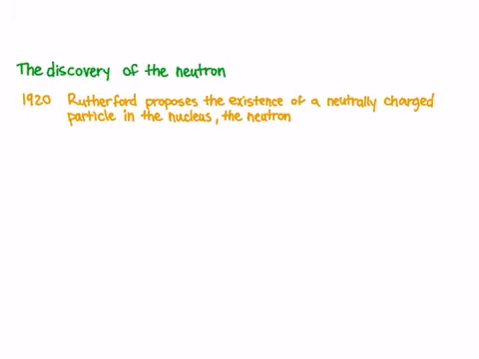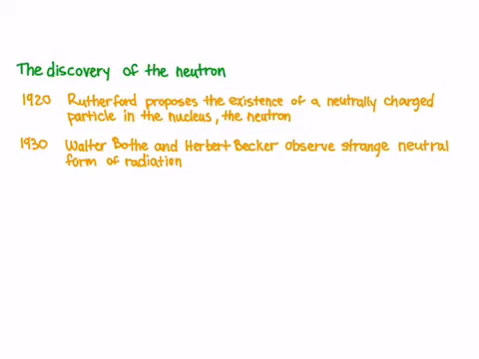In 1920, shortly after proposing the existence of the proton, Rutherford proposed that there was another subatomic particle that exists in the nucleus of the atom that was neutrally charged, which he called the neutron. He suspected this due to recent research into atoms of the same element that have different masses, which are called isotopes. But it wasn't until the 1930s that new experimental evidence emerged that could prove the existence of Rutherford's proposed